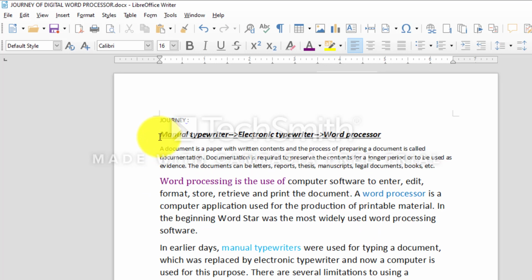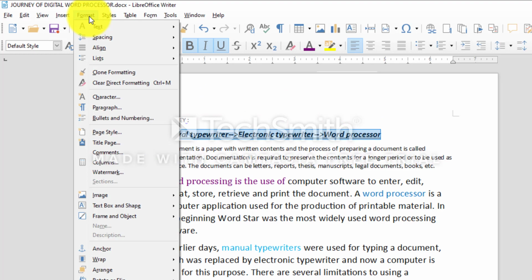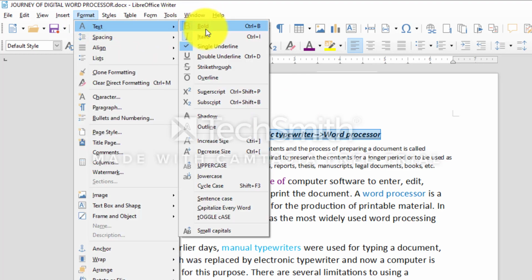For this, go to Format, then Text, and now you can change it to lowercase, uppercase, cycle case, sentence case, capitalize every word, and toggle case. The shortcut key is Shift plus F3 for cycling the case.